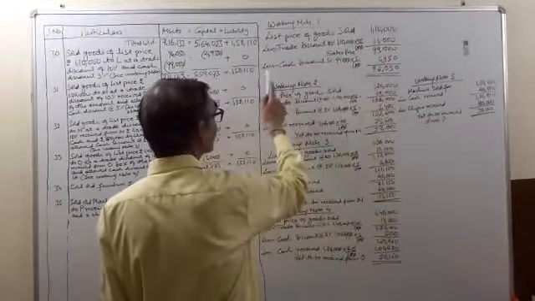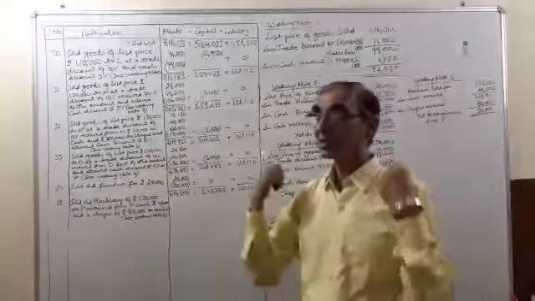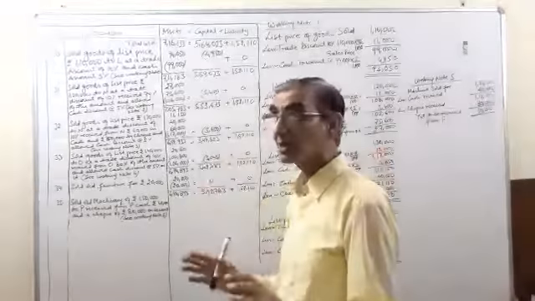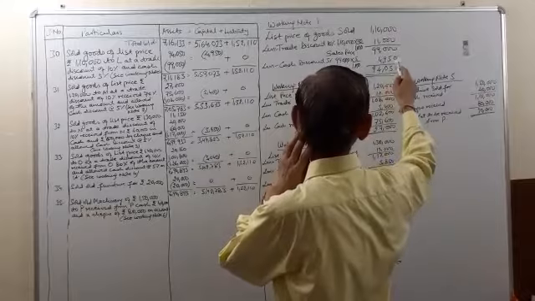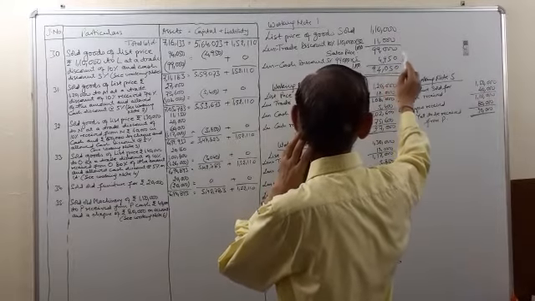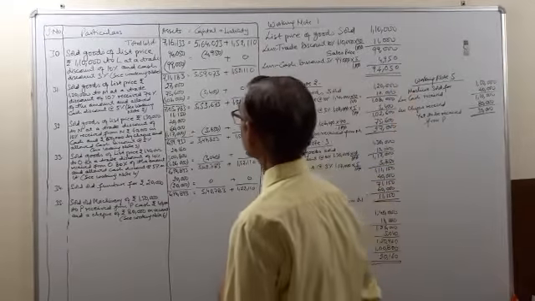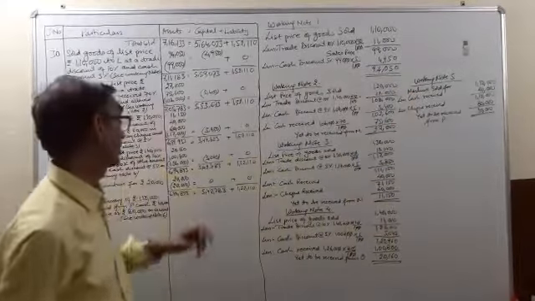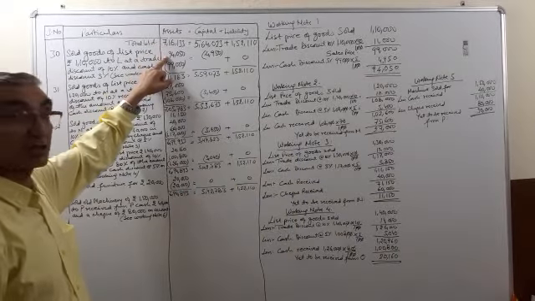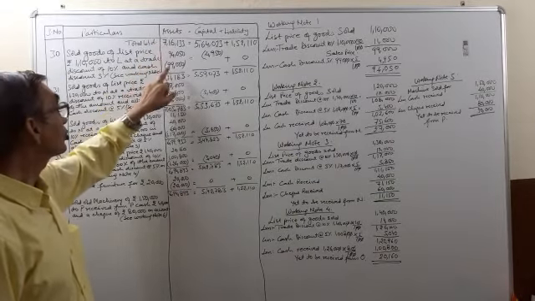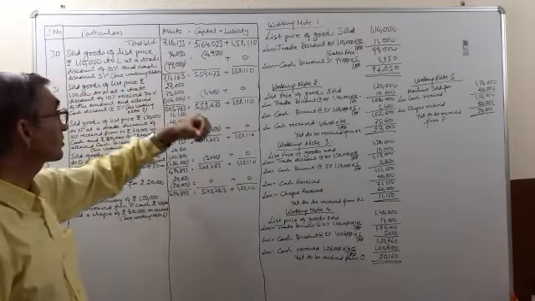Now less cash discount 5%. Cash discount 5% means that the entire amount has been paid, then only the cash discount will be received. So 5% comes to 4,950. So rupees 94,050 was the amount that has been received. So here in the assets 94,050 was received and goods of rupees 99,000 was sold.